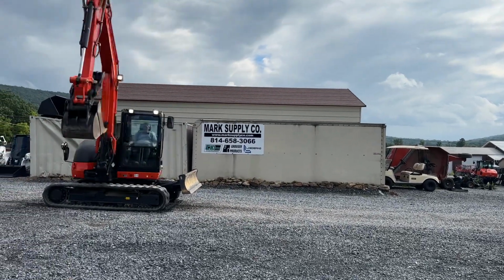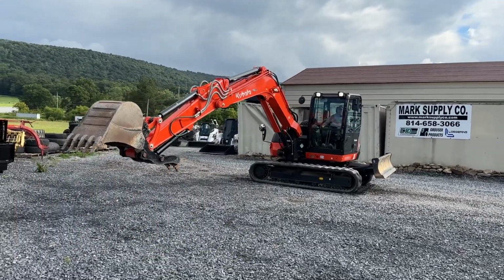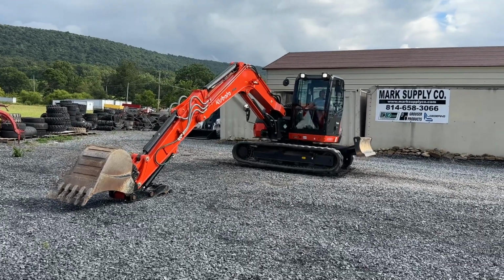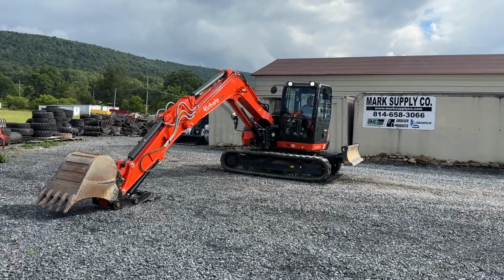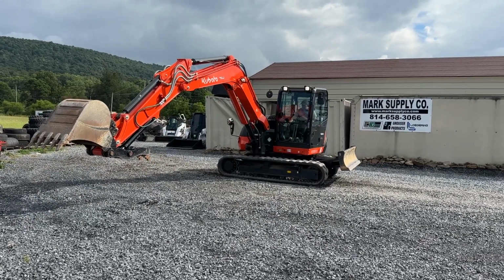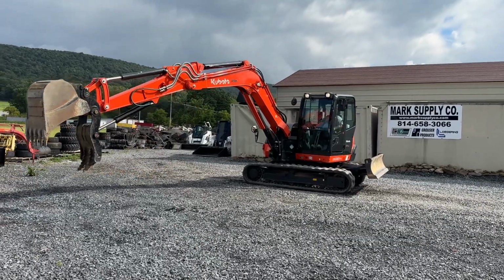There again, obviously, as in 2-speed. You see the kind of reach this machine has. Cycle times are amazing, and it'll pick itself right up. The hydraulic thumb, which I gotta reach down here and engage. The hydraulic thumb on a Kubota, you can see how nice